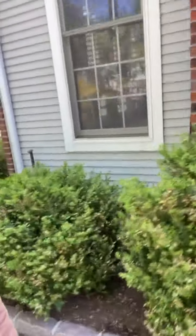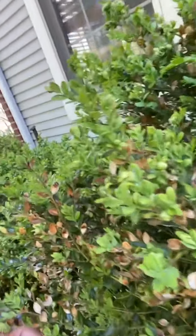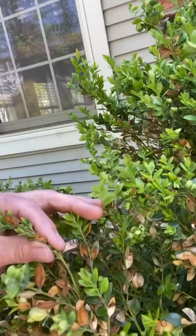There's a whole row of these here, and on the side of the house you'll see all the damage that is happening to these boxwoods as well. Last year's growth is very brown. These emerge